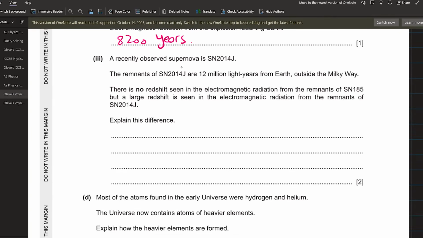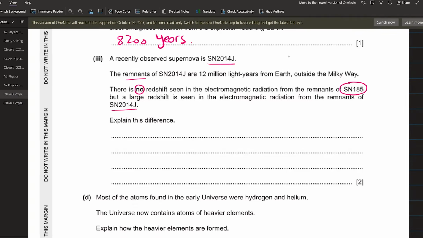A recently observed supernova is SN2014 capital G. Okay. The remnants क्या होता है? Remaining parts of SN2014 capital J, sorry, are 12 million light years from Earth outside the Milky Way. Okay. There is no redshift seen in the electromagnetic radiation from the remnants of SN185, but a large redshift is seen in the electromagnetic radiation from the remnants of